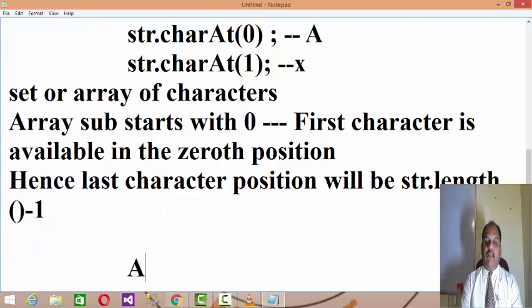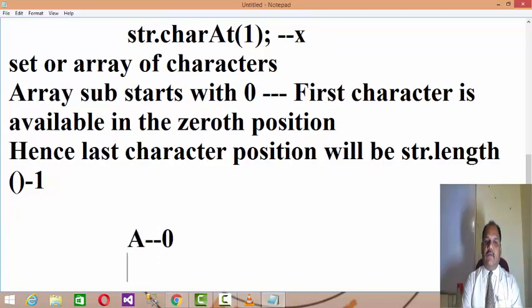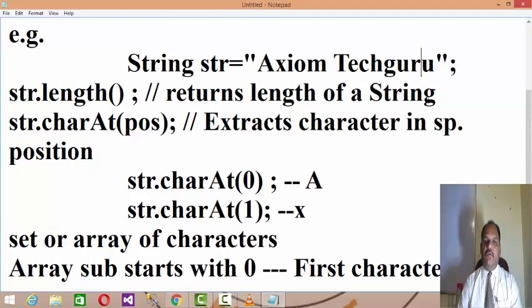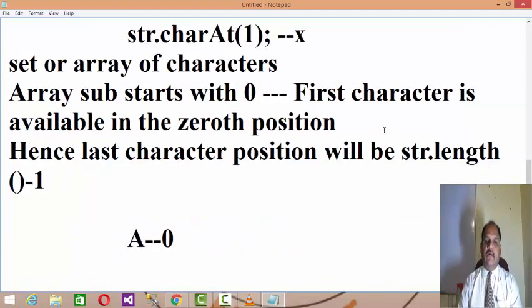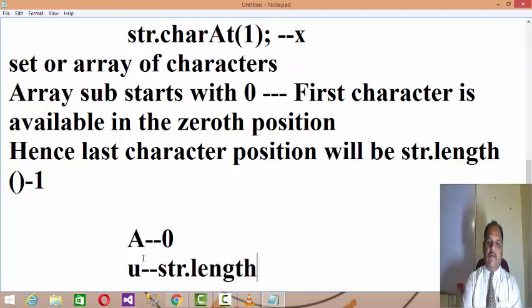If A is in the 0th position, referring to the string "axiom take guru", U is the last character, at str.length() - 1. Why -1? Because the counting of subscripts starts with 0.